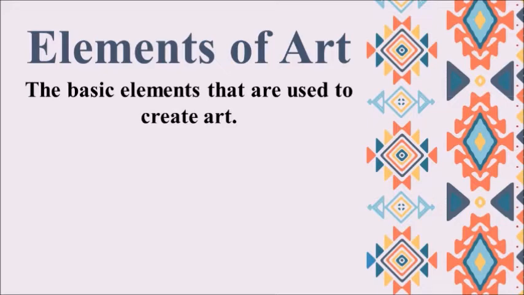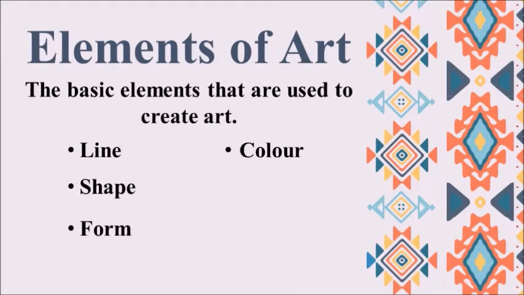The world is filled up with these elements, which are line, and you convert that line into a shape. After that, you convert it into a form. You fill in colors. When you fill up colors, you add values to your work. Values means creating darks and lights. And then you depict the texture of that stuff. After that, you are going to create space so that the viewer's eye can move within your artwork.